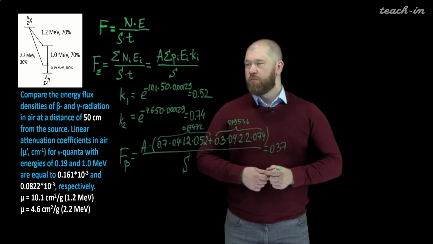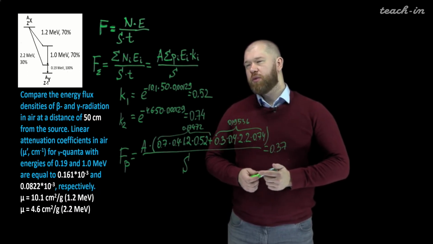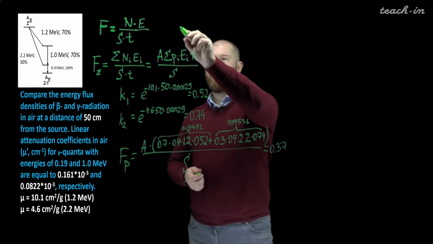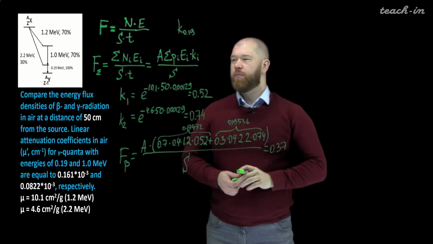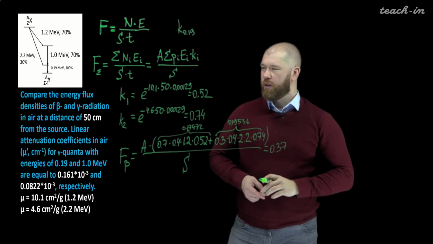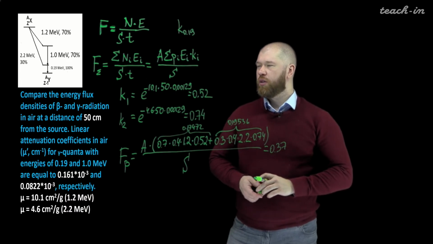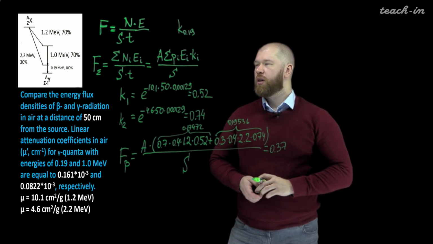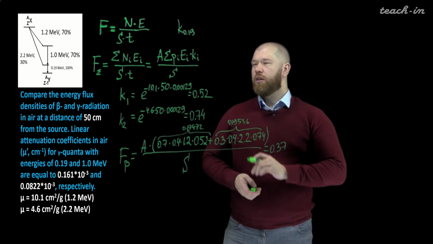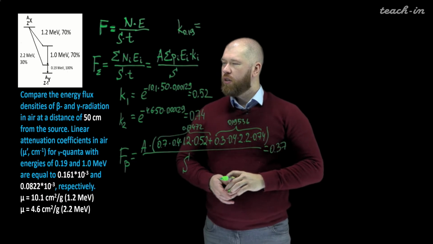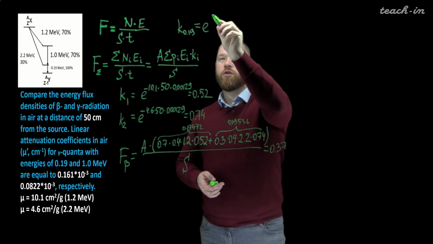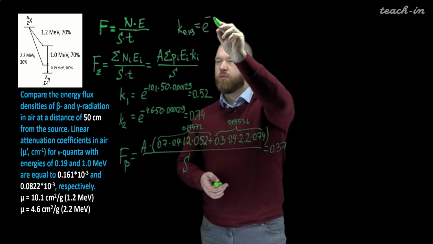And we can simply confirm it if we calculate the attenuation coefficient for the weakest gamma ray. In this case it is 0.19 mega electron volts, and for this energy the attenuation coefficient will be simply